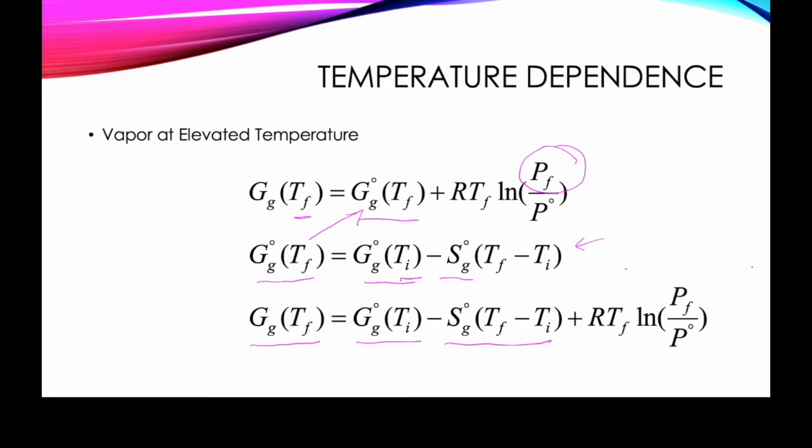Of course, entropy does increase as the temperature increases, but in this particular circumstance, it's a minor change. And since this is kind of what we might call a back of the envelope calculation anyway, the error introduced by that is pretty insignificant. All right, and then we have the pressure correction term here. And again, remember, this is what we're trying to calculate, this final pressure.